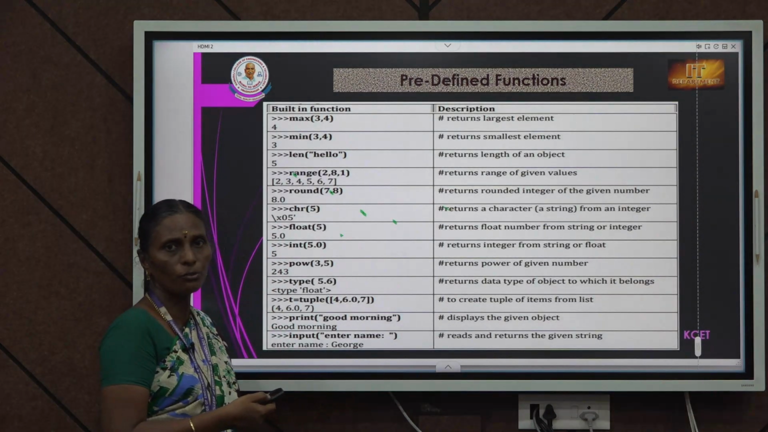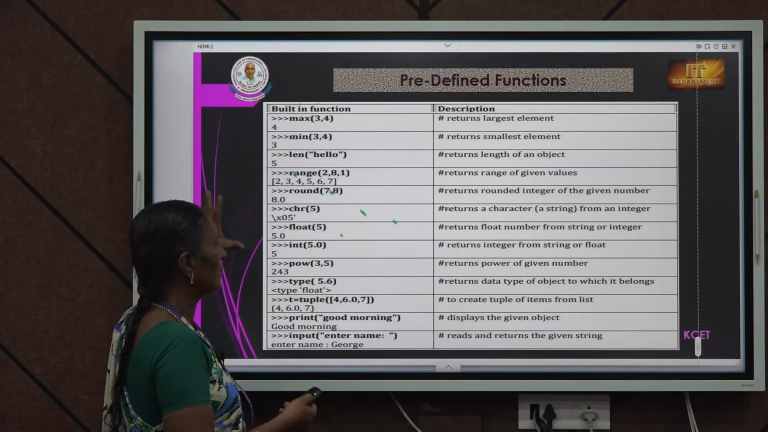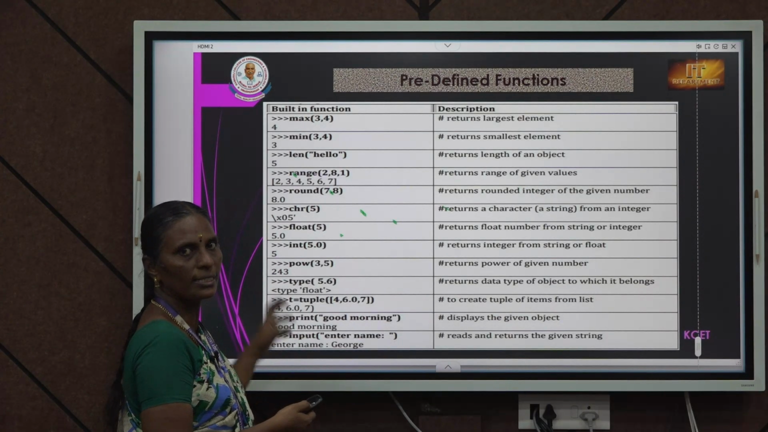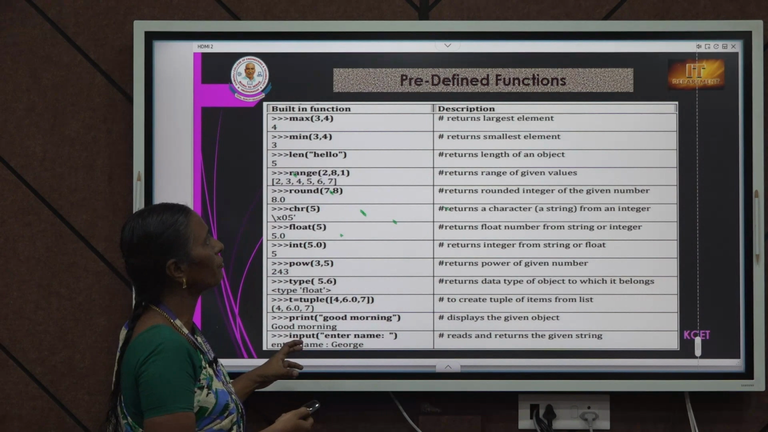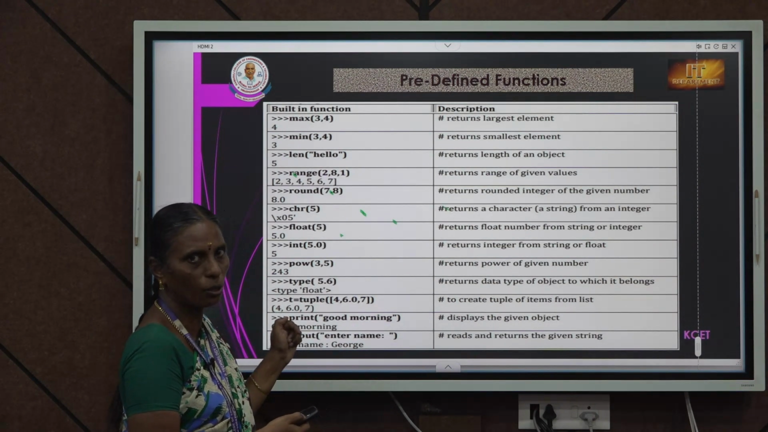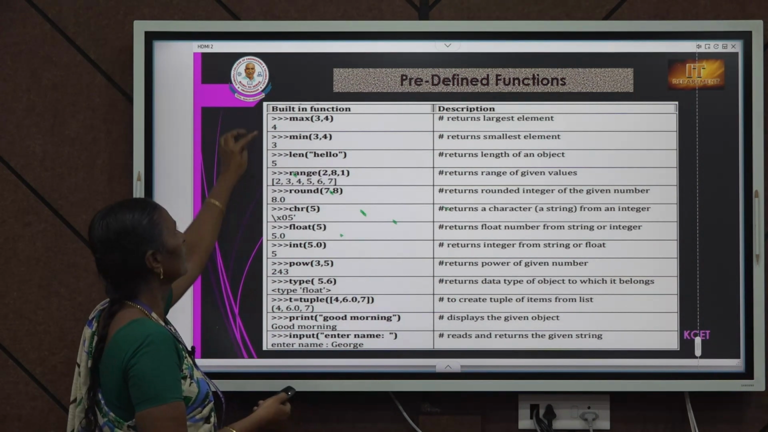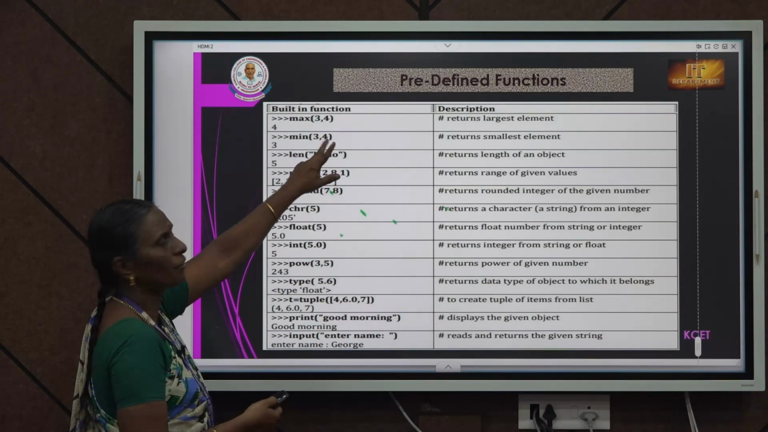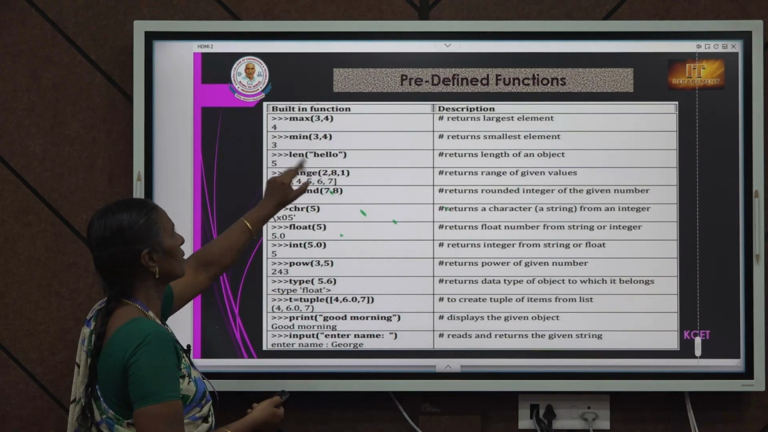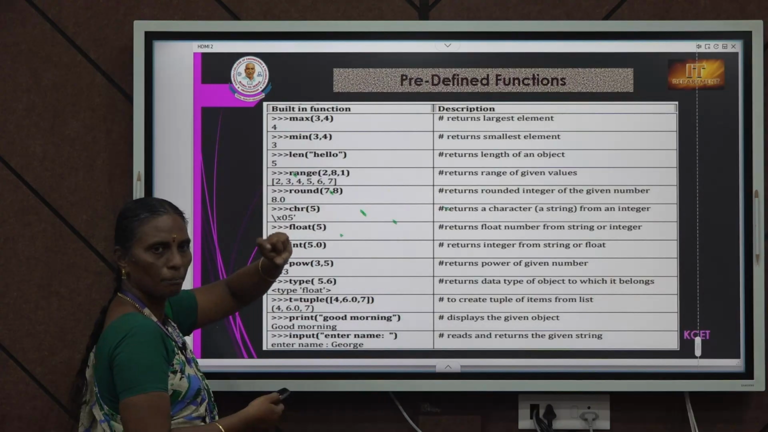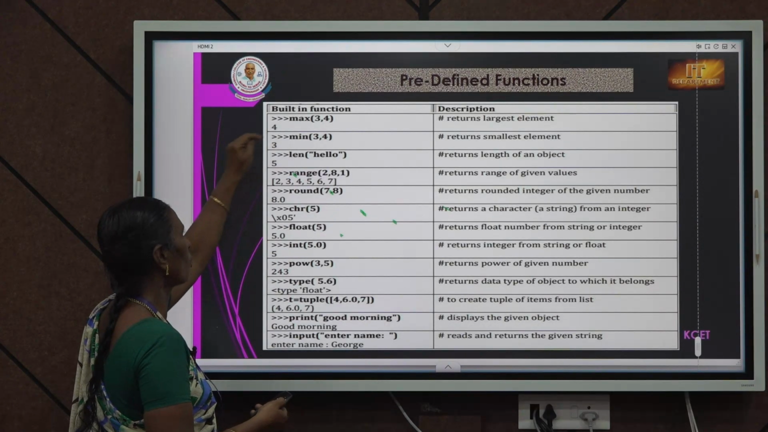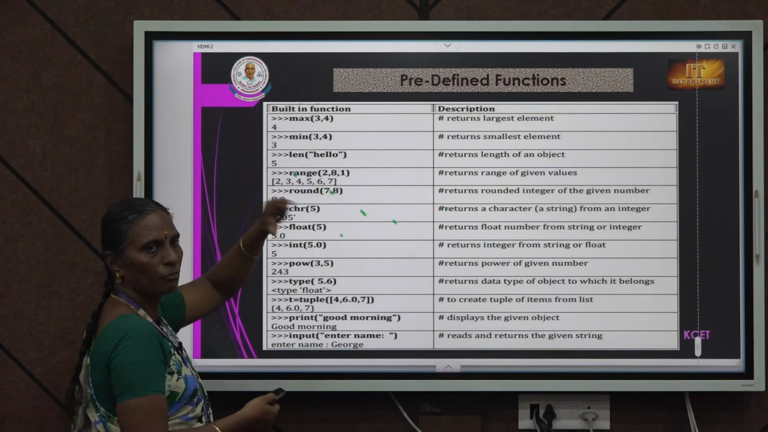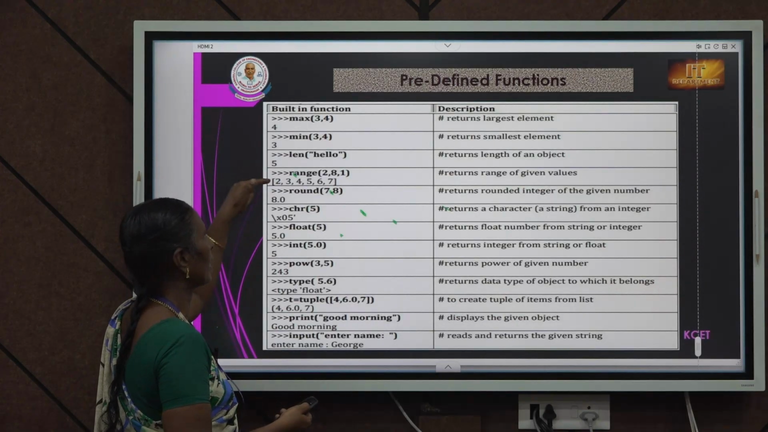Next, we are going to focus on predefined functions. Just a few of the most frequently used predefined functions, or built-in functions, of Python have been listed. The first one is max, which finds the maximum of two numbers; min, which finds the smallest number among the two numbers; len, which finds the length of a particular string; range,